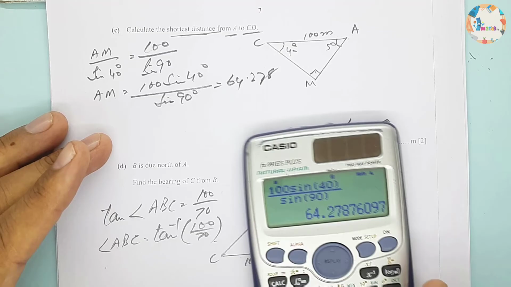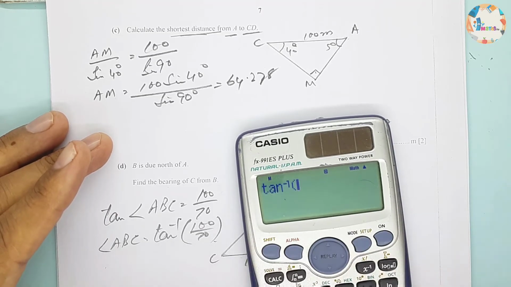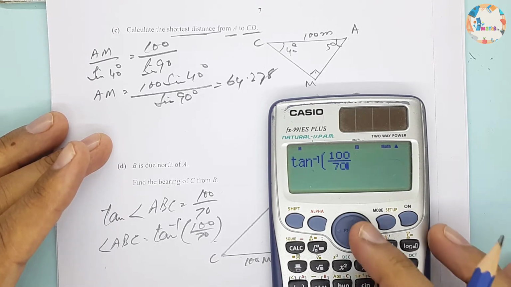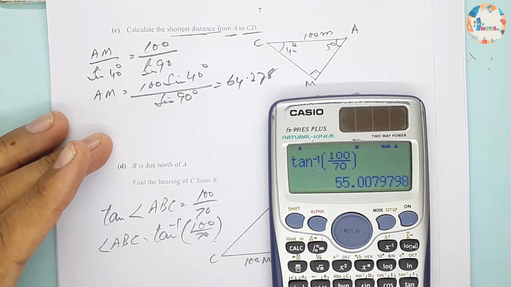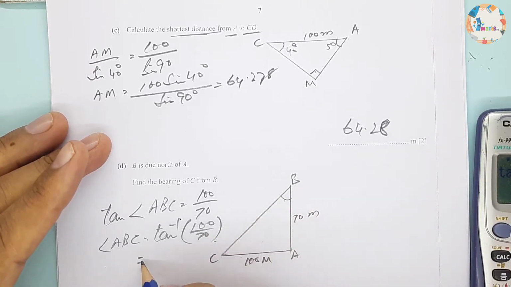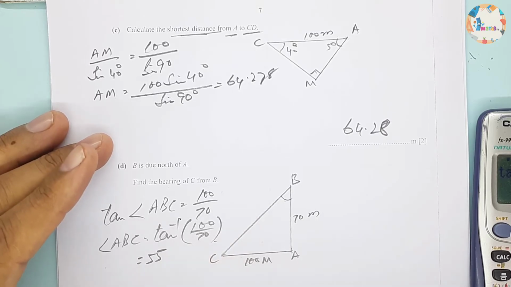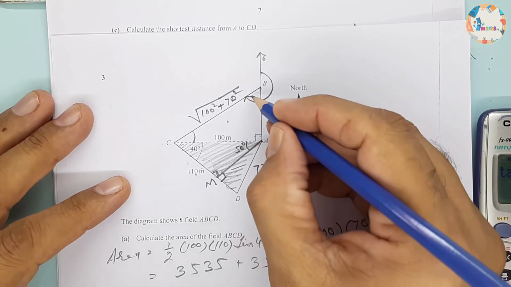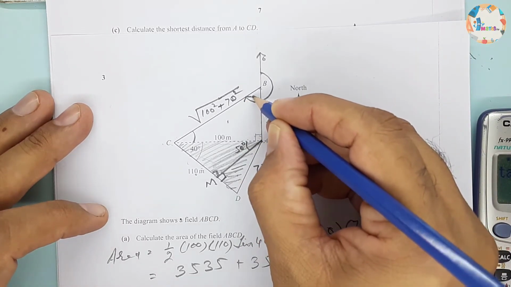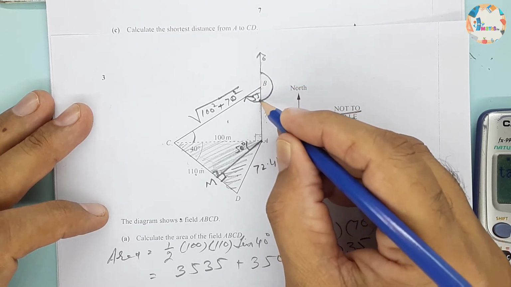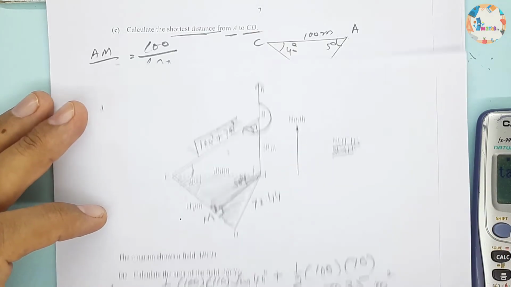So tan inverse of 100 over 70 will be equal to 55.00. So this is 55. Now if we check, this angle is 55, this angle is 55. So up to this one it will be 180, plus 55. So we can write